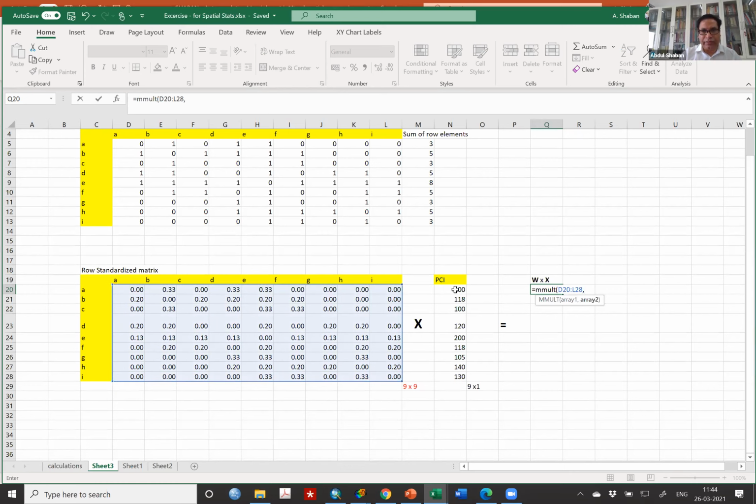I will block this matrix. If you press this one, the output will be generated, but it may be generated for one cell. So I will tell you again. If you do this, press enter then.